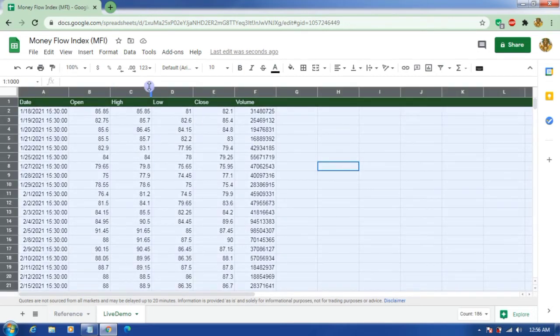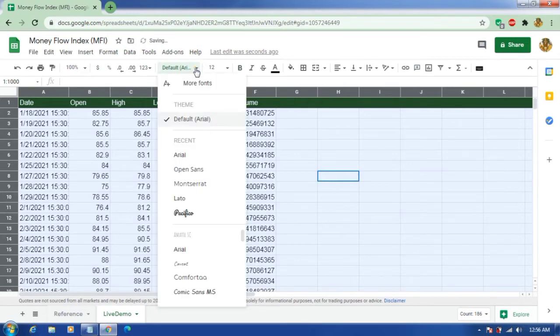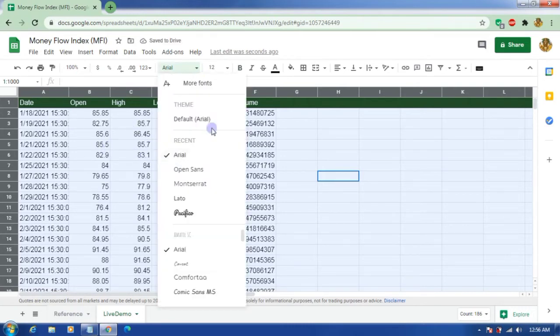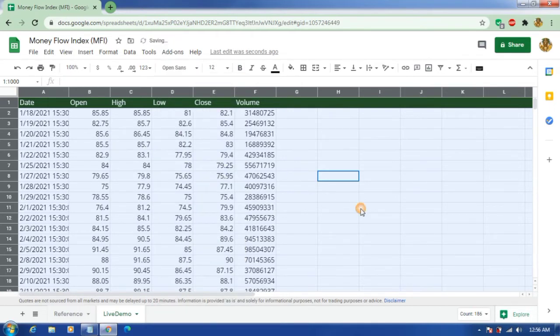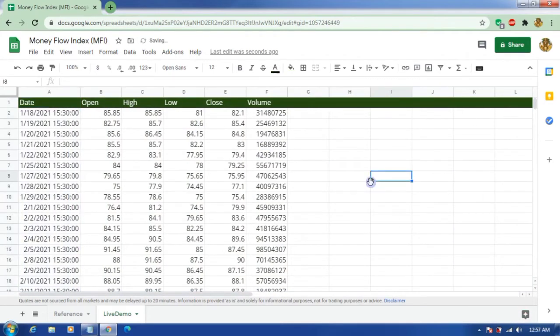I will increase the font size, so I will change it to 12. I will also change the font style to Arial. Or let me select Open Sans. Okay, yeah, this looks good. Okay, we have date, open price, high, low, close, and volume.